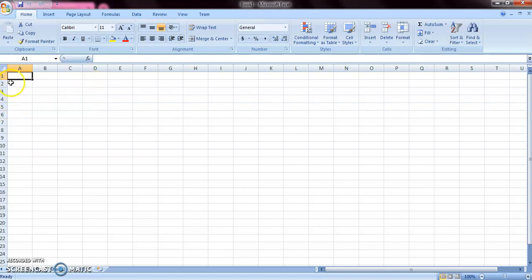And this cell is highlighted with a dark black border. This cell is called the active cell. Whenever you click on any cell, the cell will become active and you can enter your data only in the active cell. So how can you differentiate the active cell from the rest of the cells? The active cell appears with this dark black border. So you can only write data in your active cell.